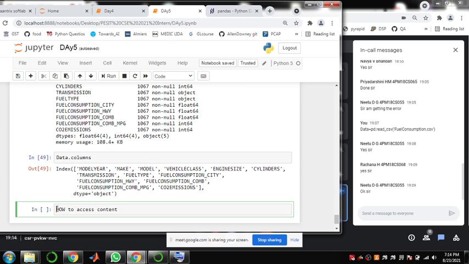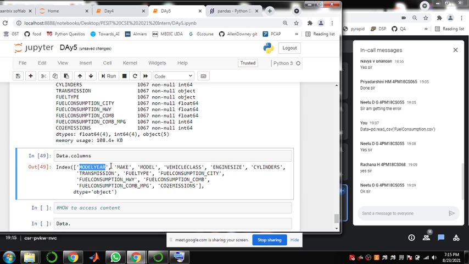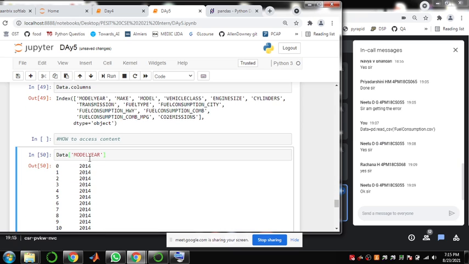One simple method I'll show you now: data of, where the column name is model year. Model year is the column name, so data of model year gives that column's information.